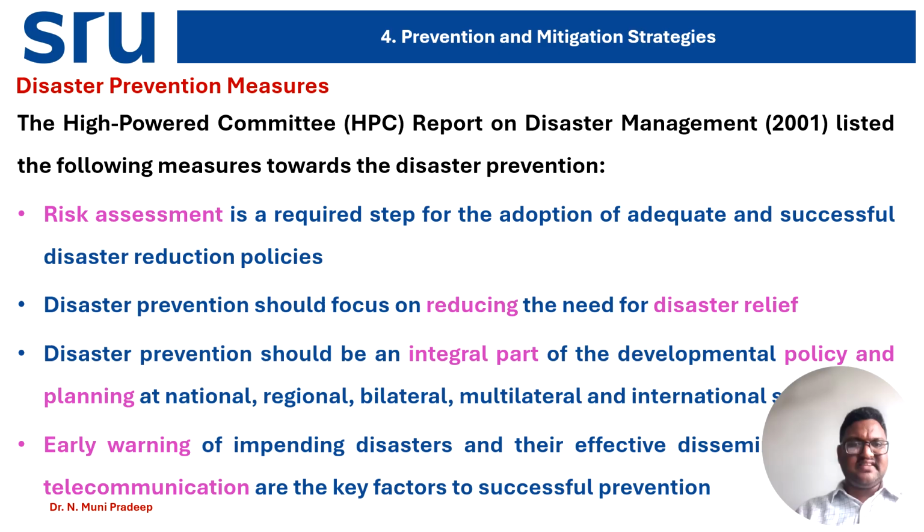The second one is exposure analysis. In exposure analysis, we determine which people, buildings and infrastructure are located in the hazard areas. The third important assessment is vulnerability analysis, where we assess the susceptibility of exposed elements to damage. Then comes risk estimation, combining these two factors to produce risk maps that guide all prevention investment. Based on these factors only, we will invest money in